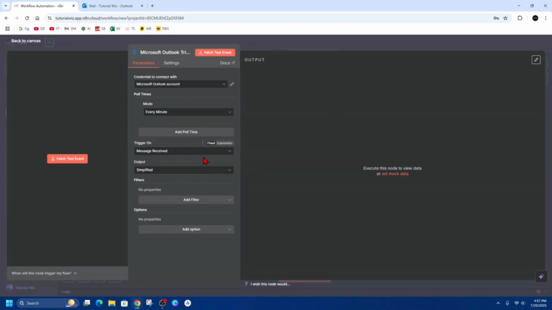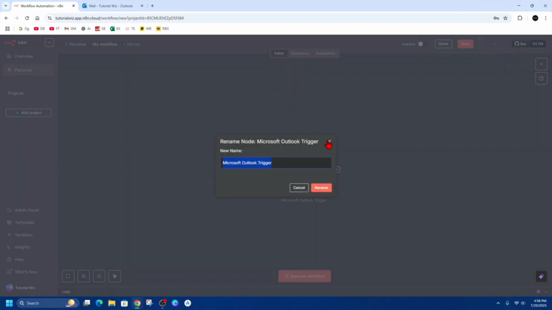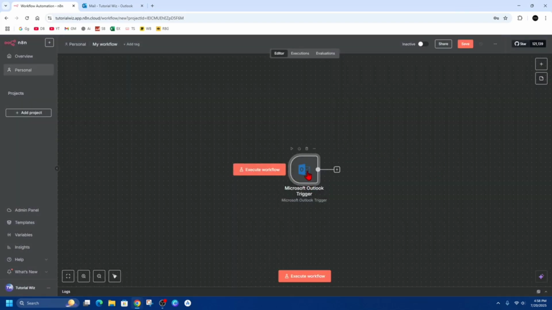Now, once you've connected your account, you can go ahead and choose an Outlook action. So we can choose from available actions such as send emails, get emails, delete emails, get folders. So if I head back here, I can also change the name here where it says my workflow. I can call this